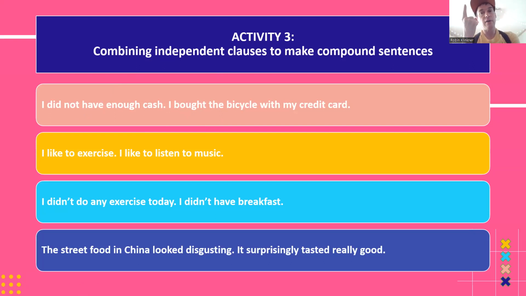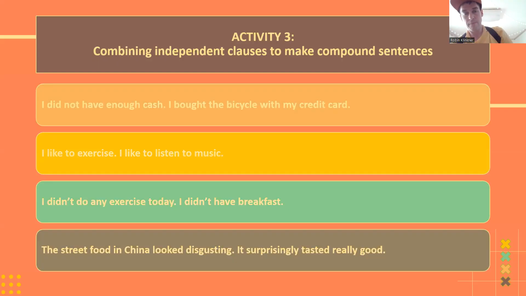I did not have enough cash. I bought the bicycle with my credit card. In this sentence, it sounds like here's the cause, here's the effect. Cause and effect. So fanboys, for, and, nor, but, or, yet, so. Which word expresses cause and effect? So,